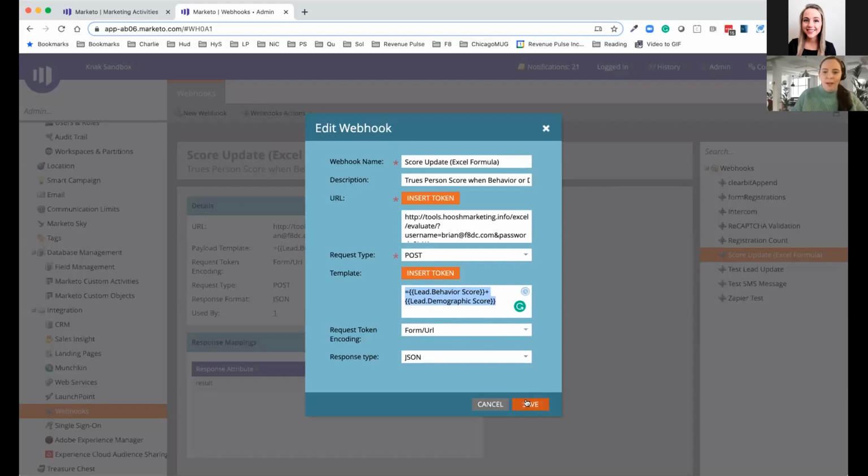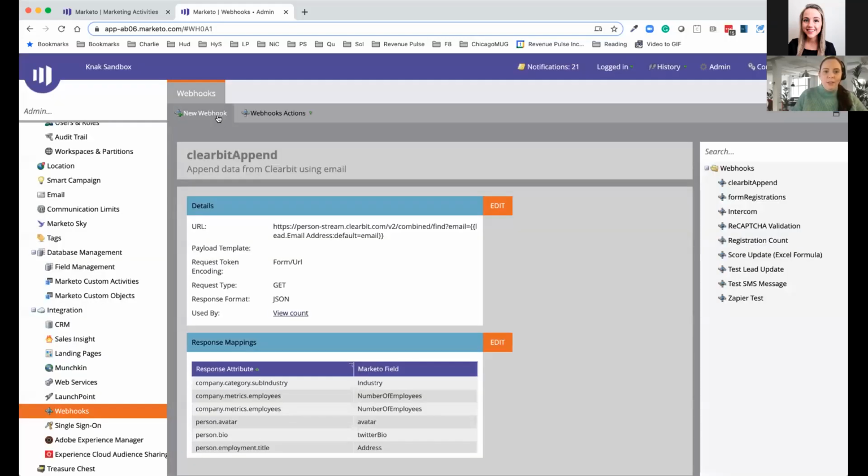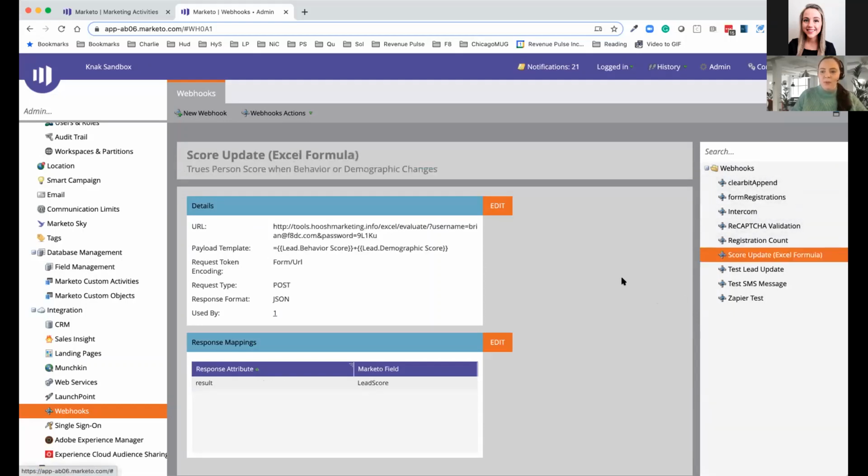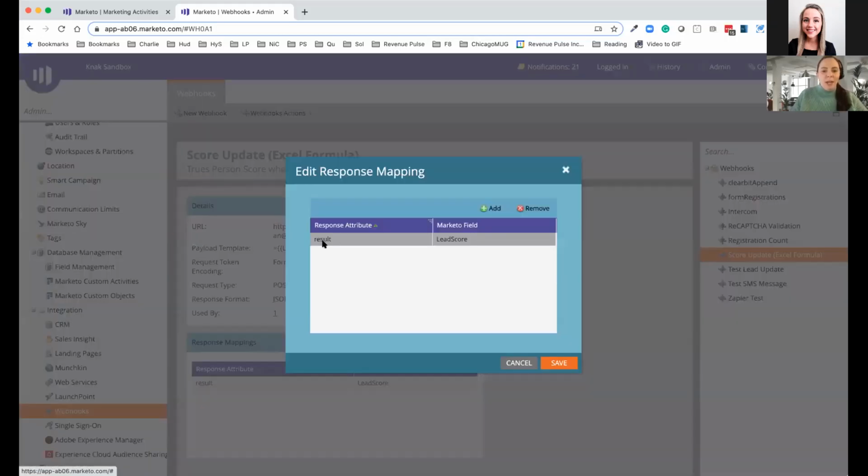Once you've done that particular part, and all of this is just a new webhook, you come in here. Now, the funny thing with webhooks is that as soon as you update them, it jumps to the top of the list. So you always have to jump back down before you give yourself a heart attack and think that it's set up wrong. Then you're just going to come in here and add a result and link that to lead score, because that's the legacy API name for this back when it was a lead in Marketo and not a person. But you'll want to use lead score there.